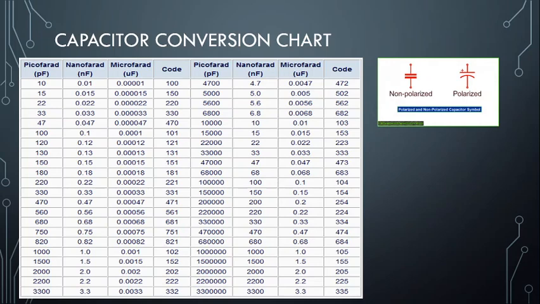Ceramic disc capacitors are non-polarized, meaning that electricity can pass through them no matter how they are inserted in the circuit. They are typically marked with a number code which needs to be decoded. This type of capacitor is typically represented in a schematic as two parallel lines. You can see in the second image the symbol for non-polarized, meaning ceramic capacitor, which is represented by two parallel lines.